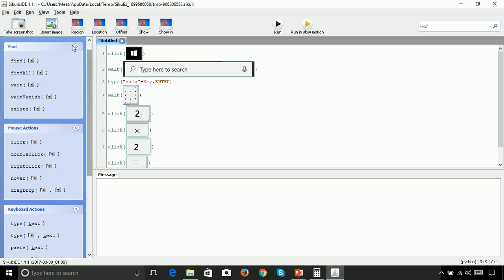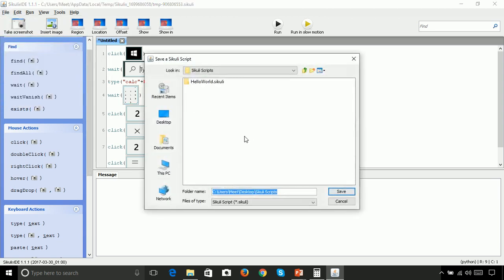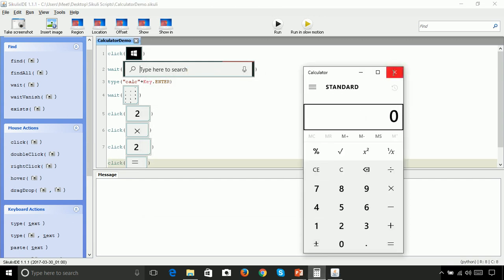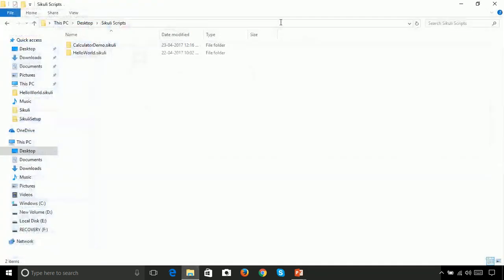So first let's save it. In this folder, let's save it as calculator demo, and then let's close this instance so that it will not open again, and now let's run it.